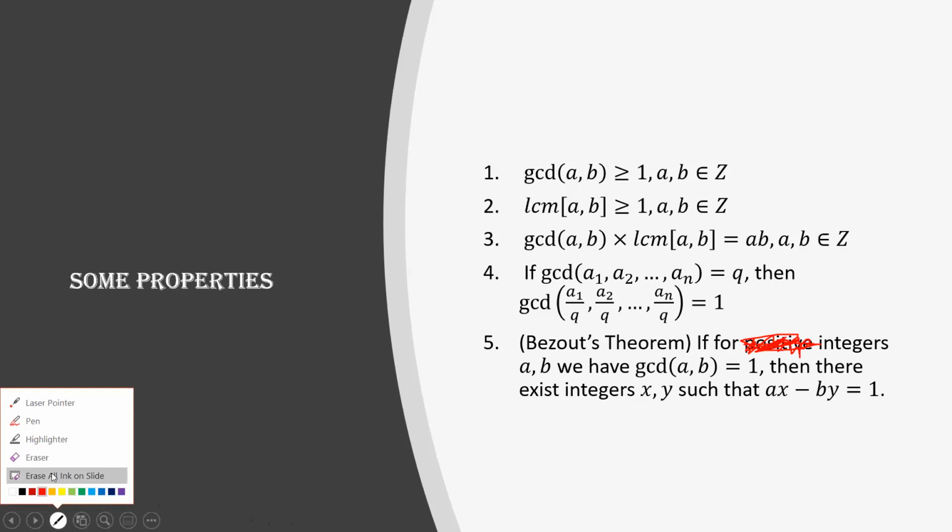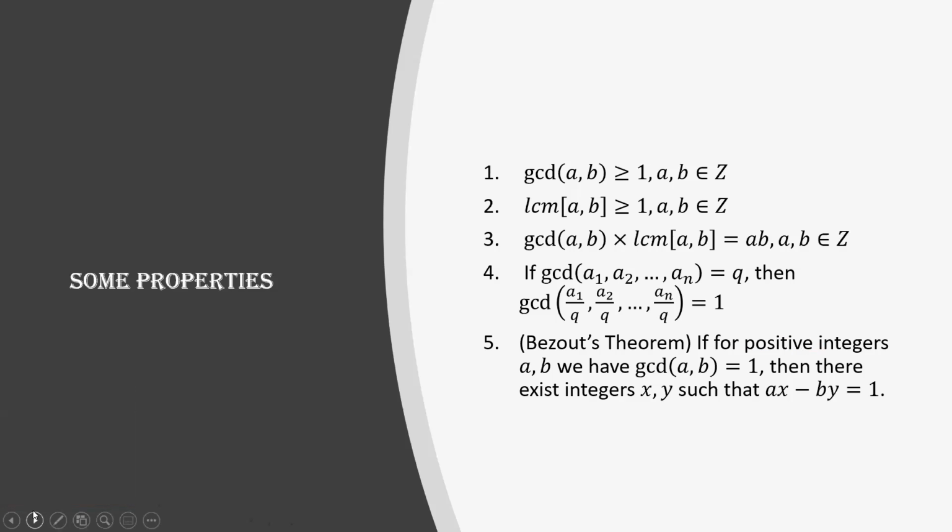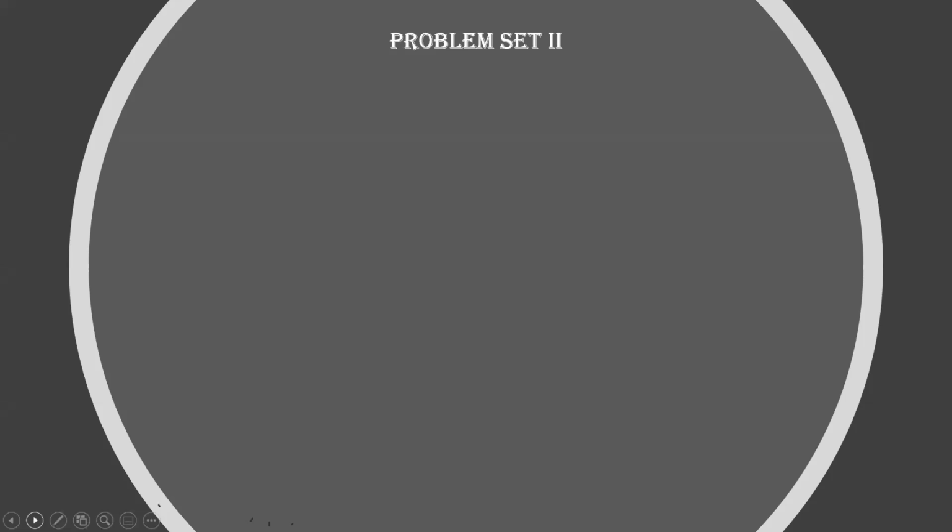No, I don't think we'll be doing the Euclidean algorithm for finding GCD, but I think we can do a few problems. So the Euclidean algorithm for GCD is an algorithm, but we will not do that now because we'll have to do a few problems now.